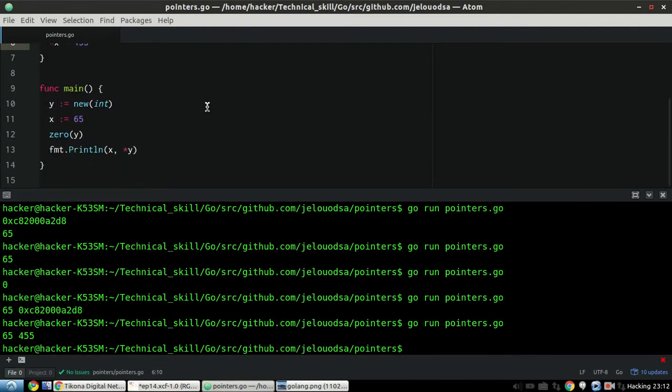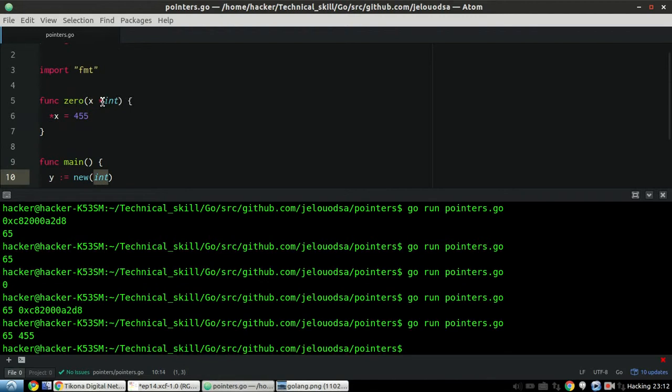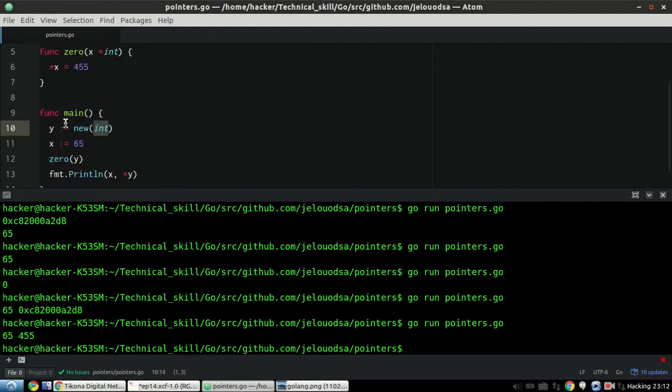So new is a method by which we can allocate memory for a particular data type. We can pass anything. We can pass string, byte, something like that. We can pass anything in this, and it will allocate memory for a variable which can hold a value of the data type that we passed here, and we can access that as a pointer. The return type of new is a pointer. Okay, that's all basically about pointers.